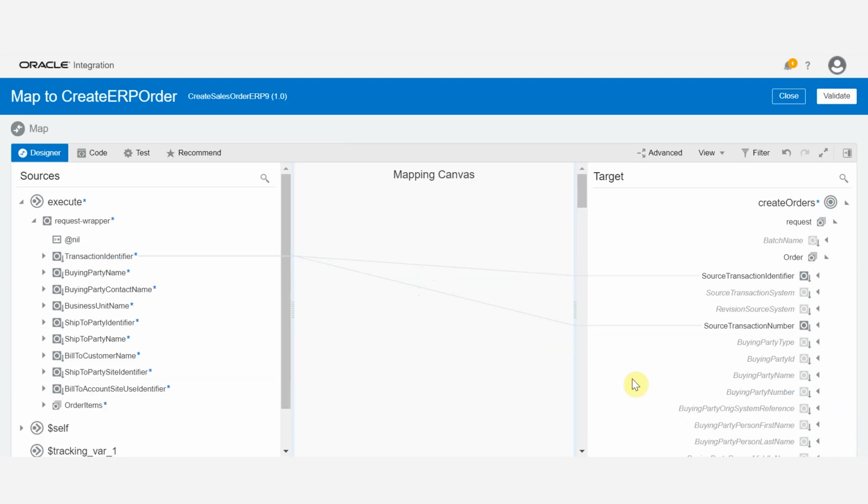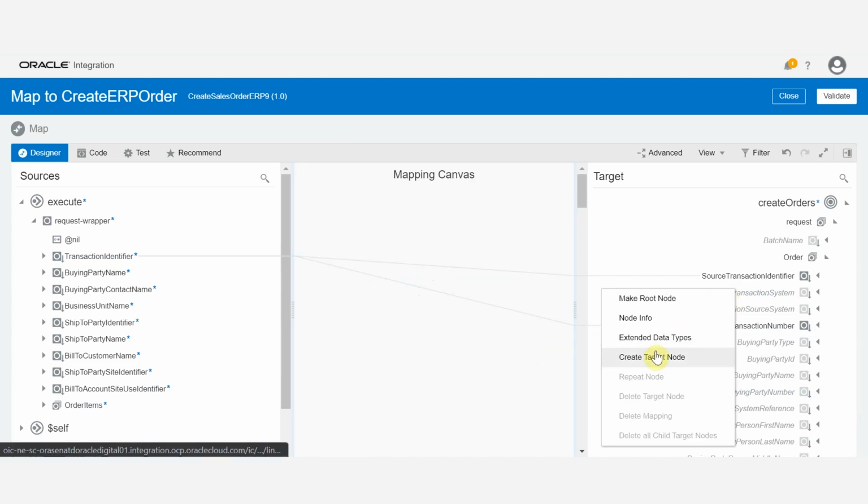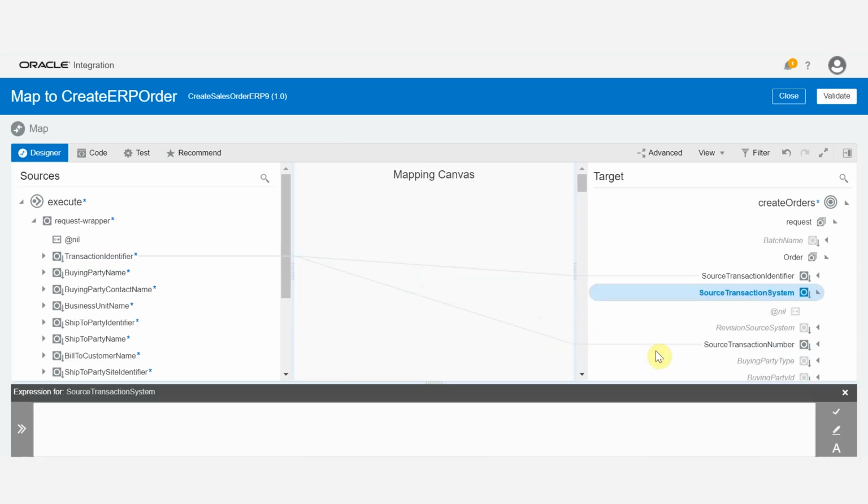Next, let's hardcode a value to a target element. Right-click on the target transaction system and click on Create Target Node. A box will pop up at the bottom of the screen. Enter leg 1 and then click the checkbox on the right.